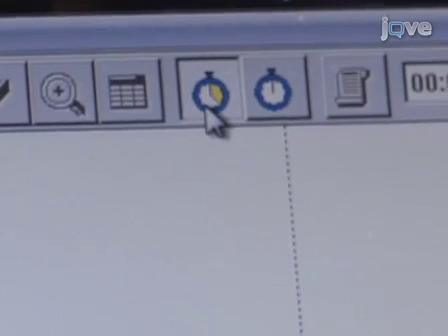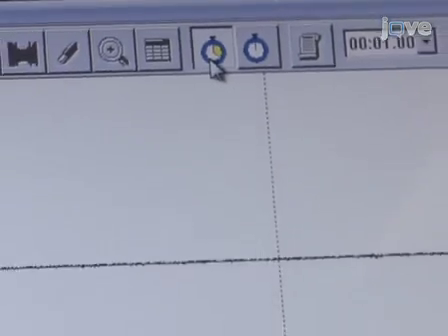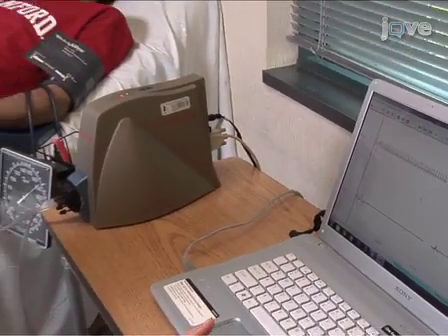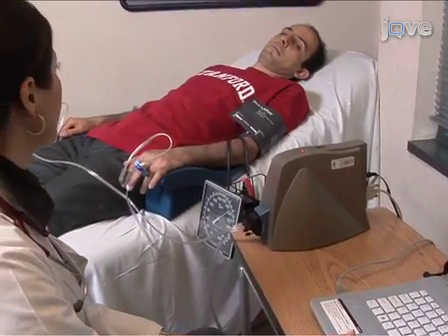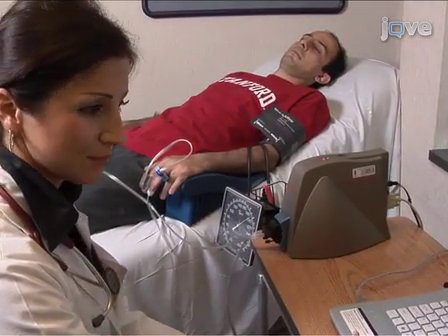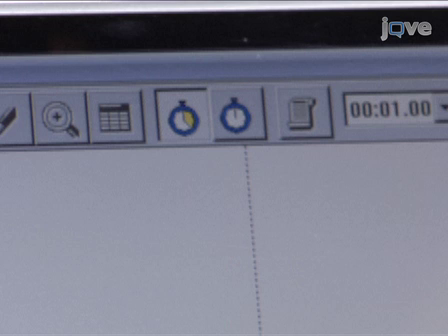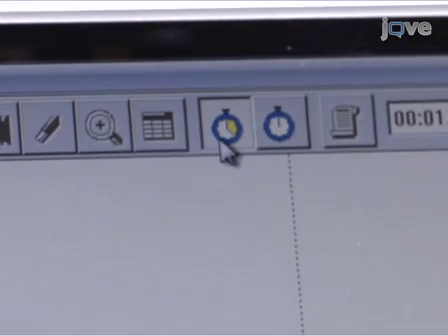Using the stopwatch function of the software, initiate a 5-minute countdown for the arterial occlusion recording period. Toward the end of 5 minutes, remind the patient that they should not move their fingers and the cuff will release shortly. After exactly 5 minutes, deflate the cuff as quickly as possible and click the timer icon to stop